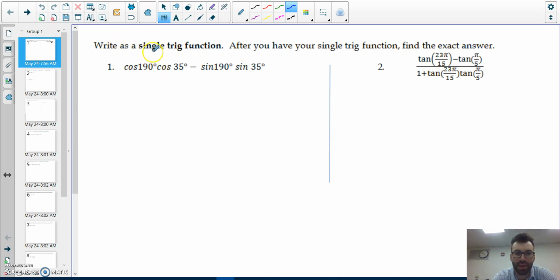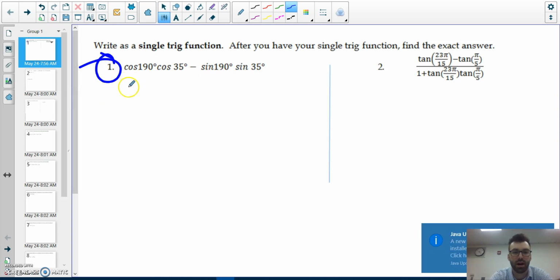So, write as a single trig function. After you have a single trig function, find the exact answer. So what we need to do is recognize whether this is a sum or difference formula, number one, and whether it's sine or cosine. Because, remember, you would just look at a reference sheet for this. But because it's cosine times cosine minus sine times sine, cosine of one angle times cosine of another minus sine of one angle times sine of another, this is going to be a cosine sum